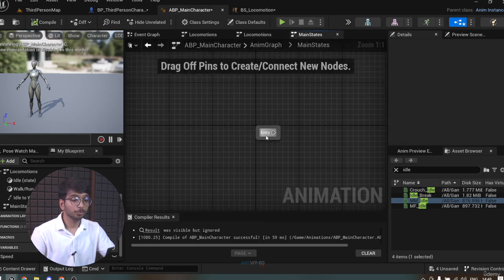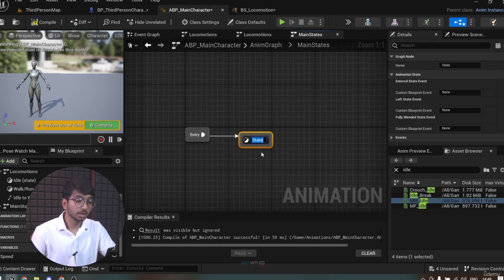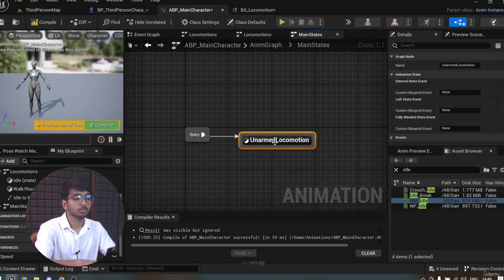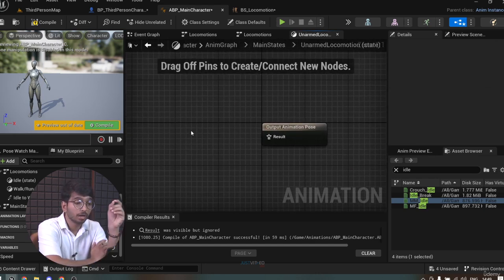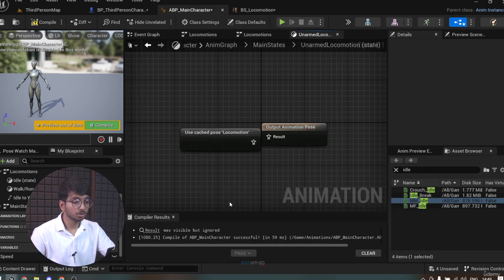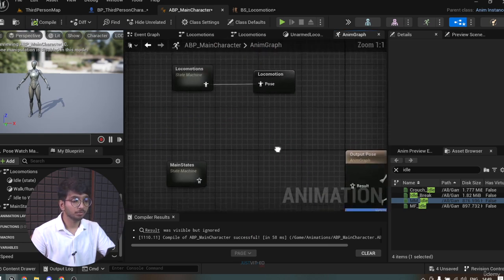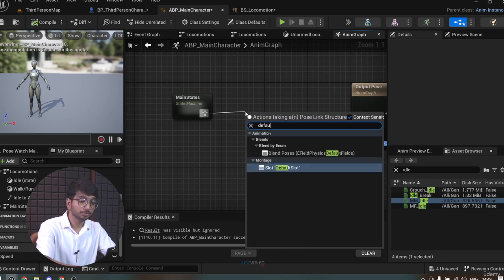Now we will be going in the main state. From entry we'll be making a new state. This will be called unarmed locomotion. We'll double click on this, and we made a cache pose, right? So we'll be calling the cache pose. Use cache pose locomotion, and we'll connect this here. We'll compile, and in the anim graph,